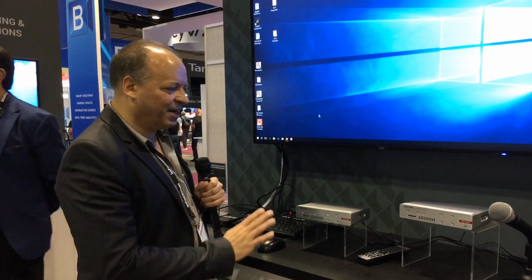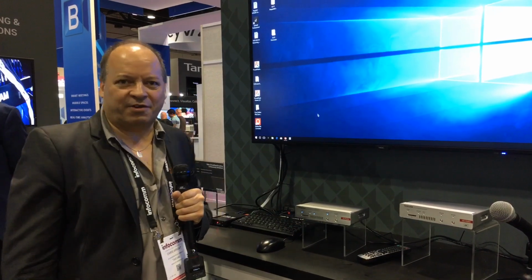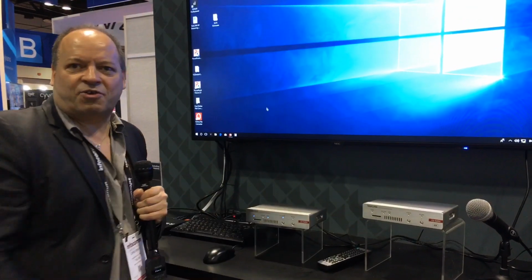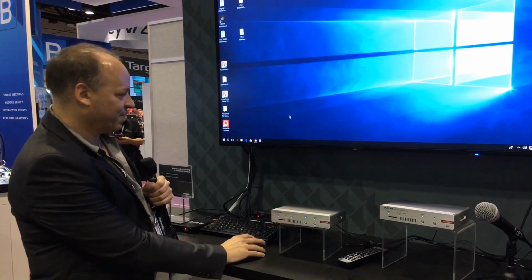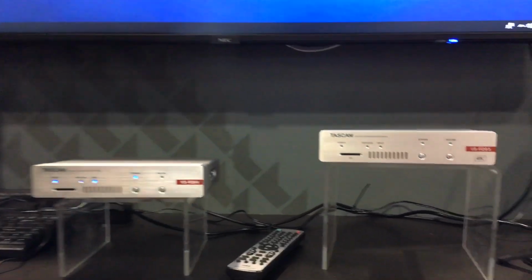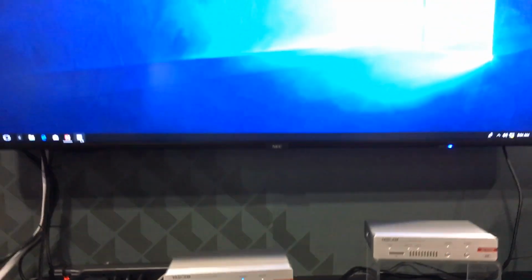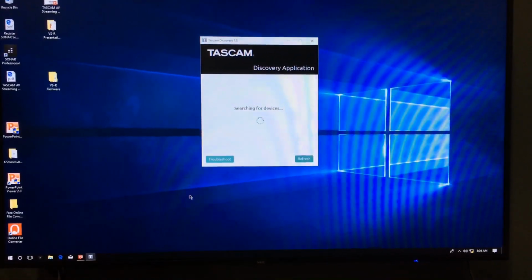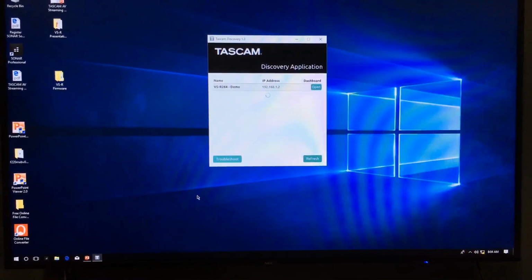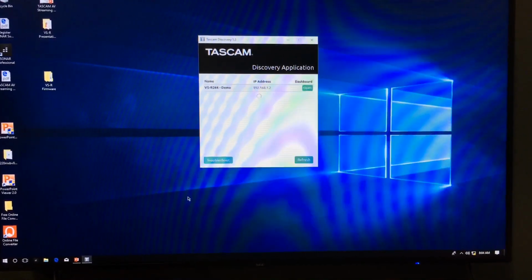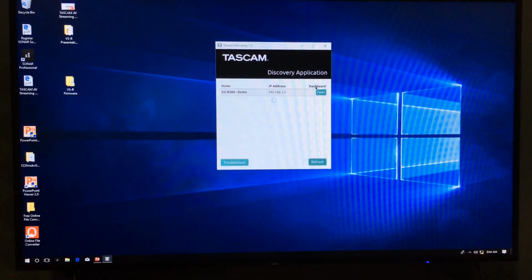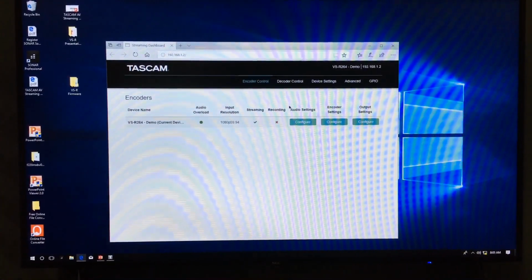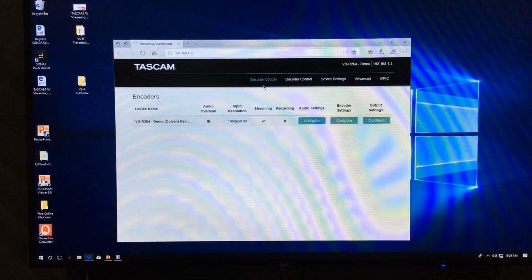I'm Chris Wright, and I'm going to tell you a little bit about how the software configuration for our VSR 264 and VSR 265 recording and streaming units is working. So these are appliances, and they serve up a web GUI. What we have is a very simple discovery application that looks across the network. It runs on a Mac or a PC and finds, as you can see, devices that are on the network. If you manage multiple devices, you simply click on open and it opens the web page, which is served up from the unit. I'm using this VSR 264 unit here.